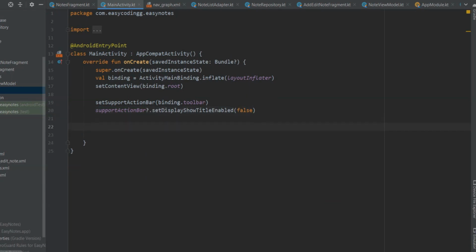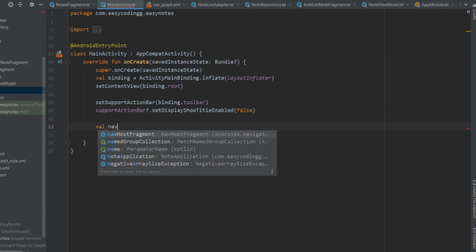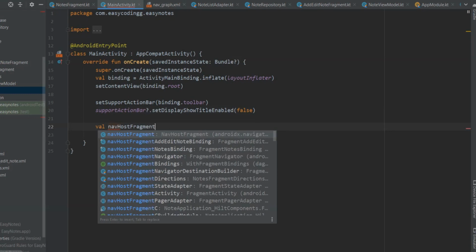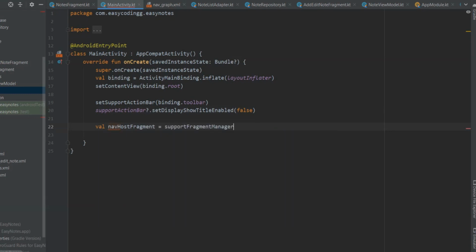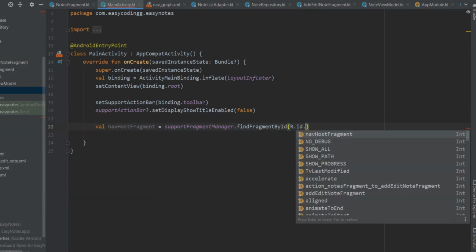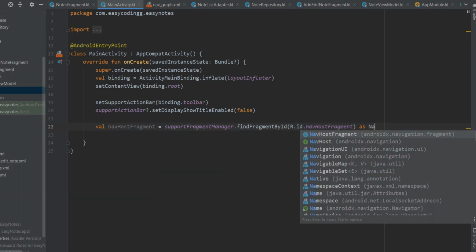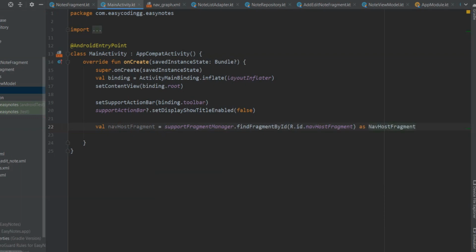So for that first we will need to get our nav host fragment. So val navHostFragment will be equal to supportFragmentManager.findFragmentById, and the id will be R.id.navHostFragment as NavHostFragment. Then we will create an app bar configuration for our nav graph.